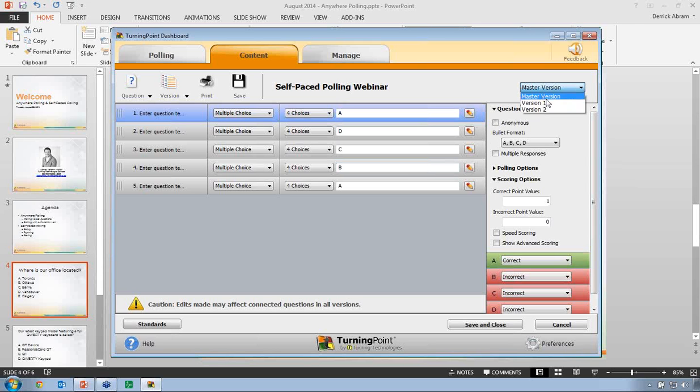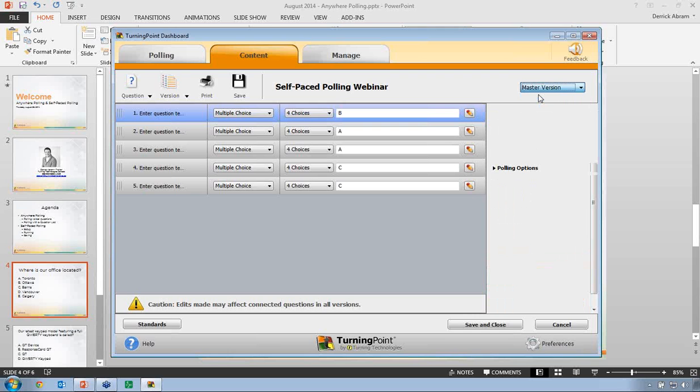So on version number 1, you can see here the correct answer for 4, because it was all shuffled around, actually becomes A. So if this version became the master, if I said, oh, oops, this should actually be A right here, okay, what it's going to do is go through and update that on all of my versions throughout the rest of my question list. Okay, so it's very easy to make a correction. At the same time, if you delete a question from your master list, it's also going to delete it from any versions that it's included on. Okay, so keep that in mind.